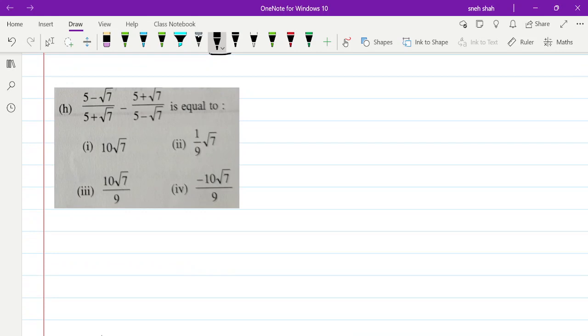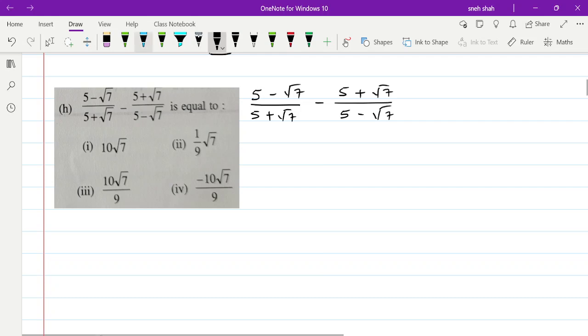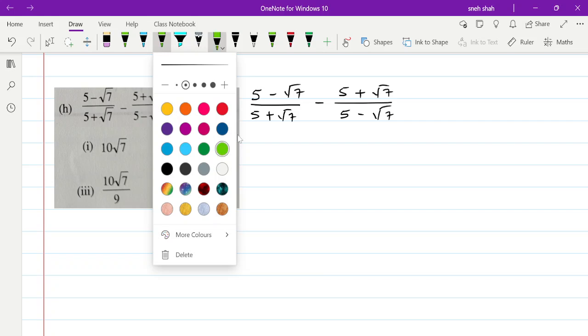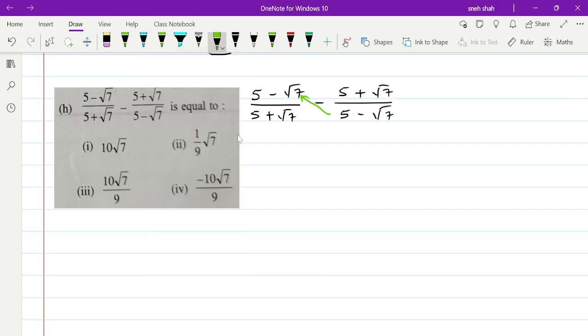In this MCQ, we have to find the value for the given expression (5 minus root 7) divided by (5 plus root 7) minus (5 plus root 7) divided by (5 minus root 7). In such cases, we always follow the method of cross multiplication to take LCM. So we can multiply these two minus then these two, and then in the denominator we can multiply the denominators. So in this way, if we take LCM, we will get